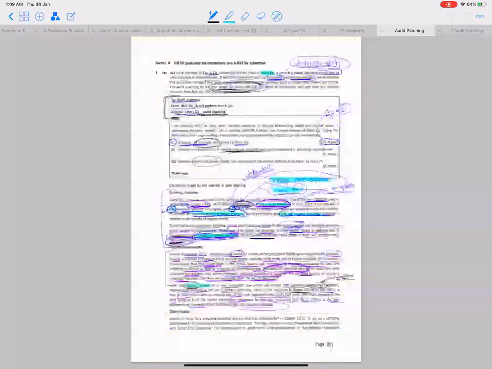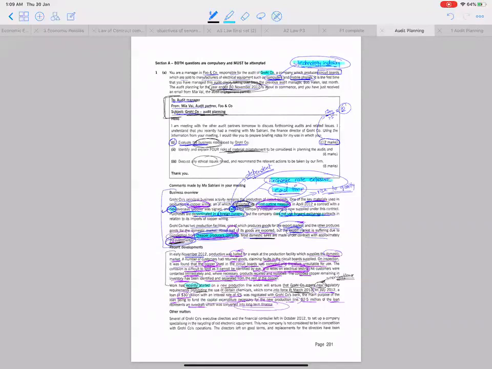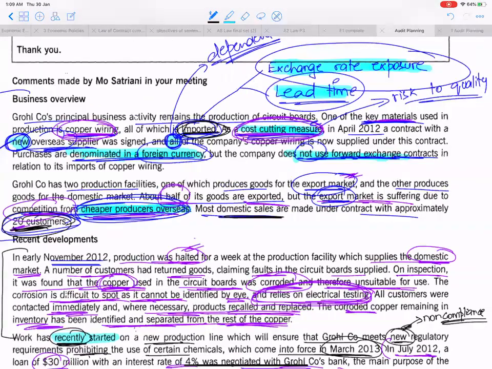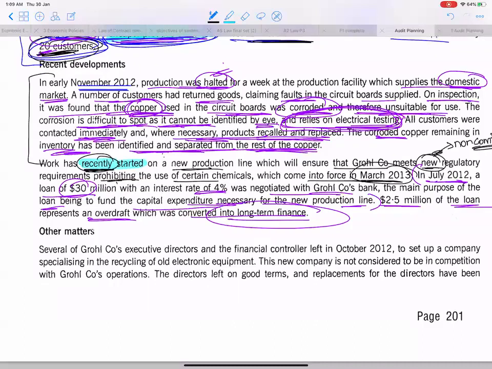Now we have still not written the risk of technology. You can also write the risk of technology, but the Grohl company has to continuously invest in innovation. If it fails to invest, then the mobile phone and computer industry will innovate and Grohl company circuit boards will become outdated. You can give an evaluative comment that considering the Grohl company's loss for the year and low cash balances, it may not be able to invest in innovation. Okay, let's read the question further.